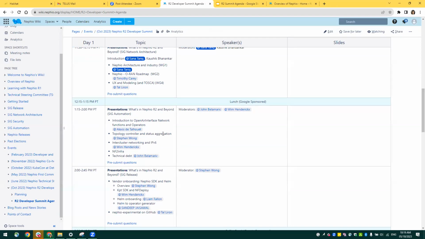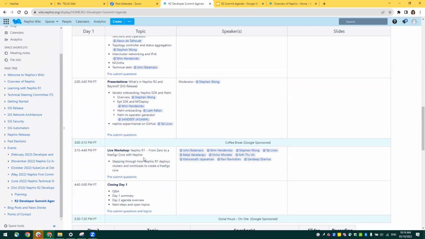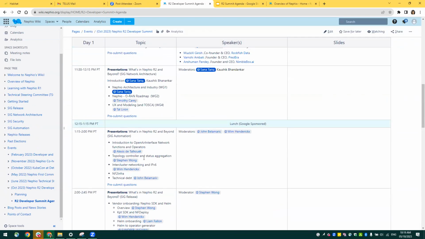The initial goal for working group 4 was to cover the aspects of experience and modeling, from a user experience perspective. When you get to the SDK and Helm to operator conversions, we felt that work would fall under the SIG automation group. I don't know how we handled that, or if there is anywhere we are capturing that work. In SIG release, I think it's covered by Steven, and there are a few speakers, one on Helm, I think. It's in SIG release because Steven has it.